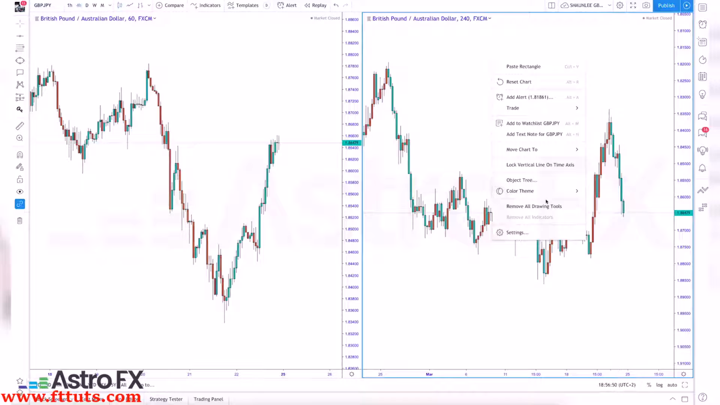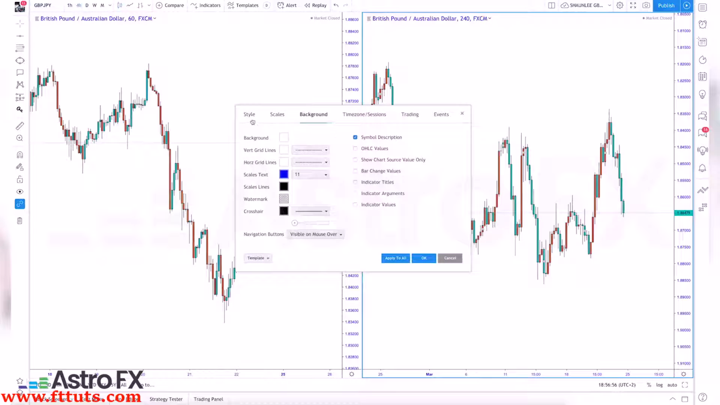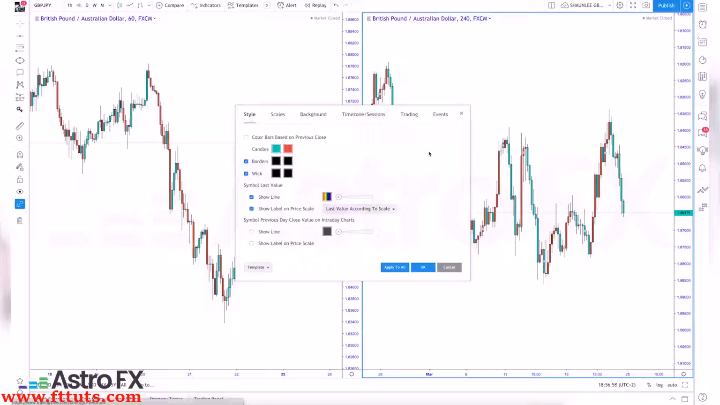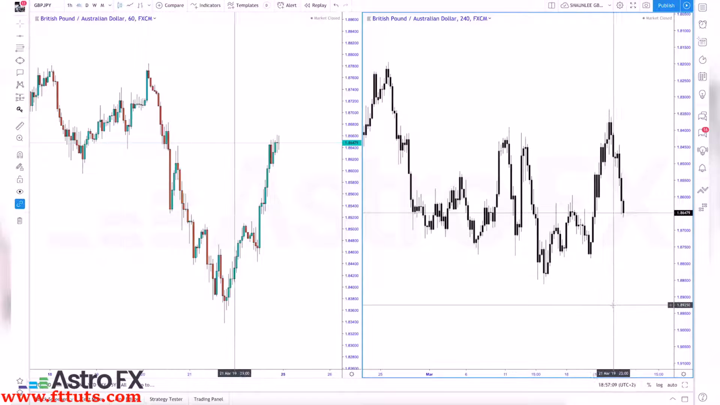All right, so if we go to color theme, and we go to settings, we'll save this first. We go to settings, you go to style. All right, so what I want to do with the candles, because obviously they are opposite, we want to go black, black. All of these settings are now black. Okay. As you can see,